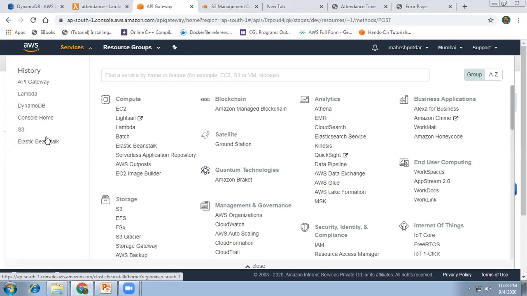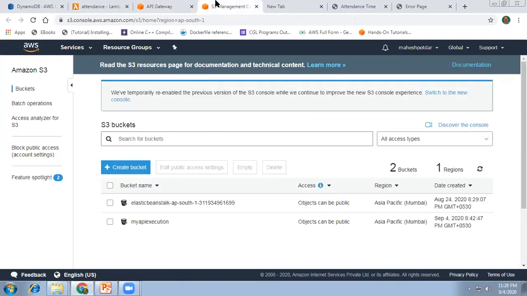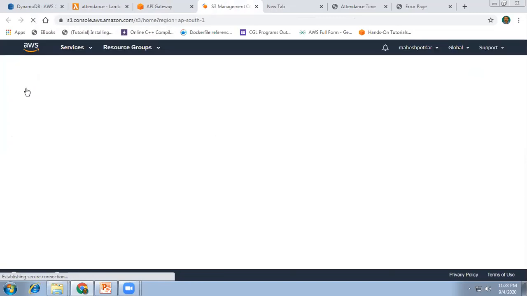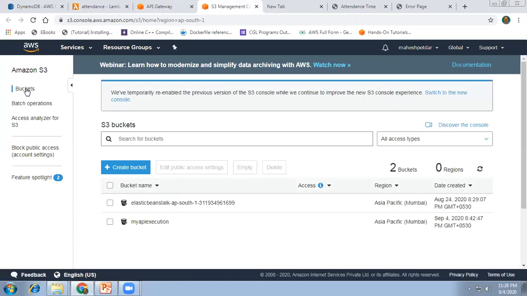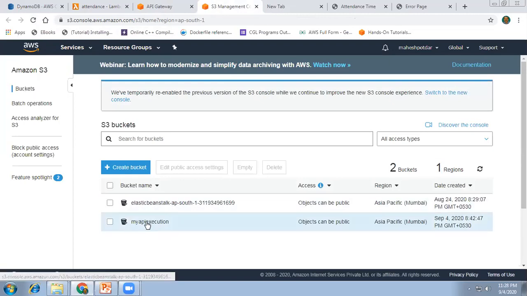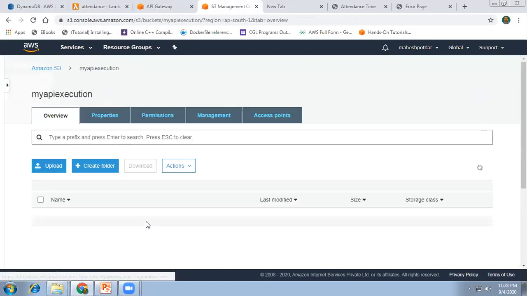What is S3? It is Simple Storage Service provided by Amazon Cloud, and with the help of S3, I'm uploading the files. These are the buckets available in S3. I have created two buckets, and I'm using one empty bucket for hosting this particular site.